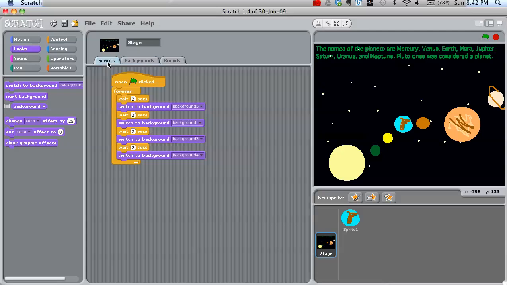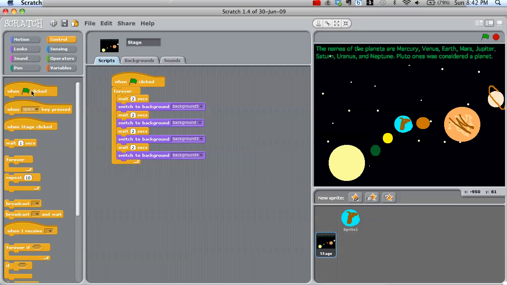Next thing you will have to do is click on the script. This is the part that makes the background change. The first thing you're going to add is a controller. What you're going to tell the program to do is when the green flag is clicked, you're going to tell the program to switch backgrounds. So right now you probably have no script here. So first, click on the control, drag over a green flag to, I'm going to call it the